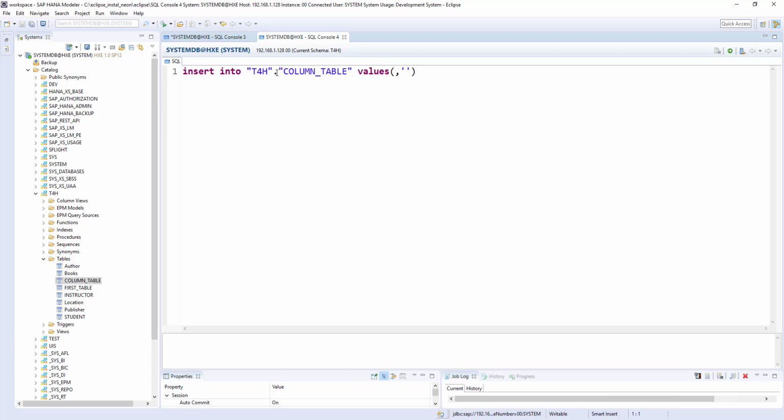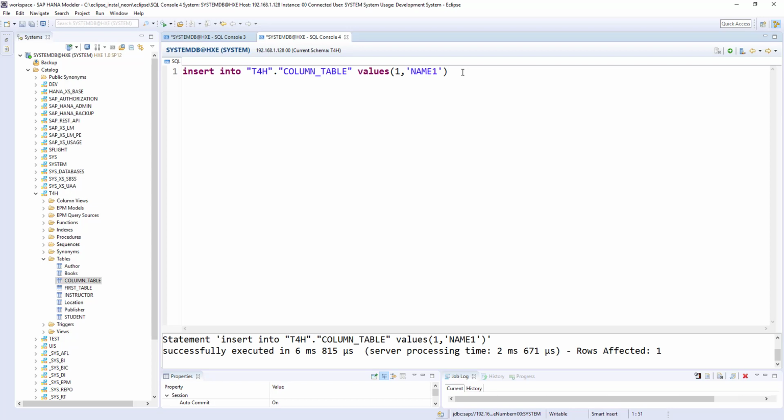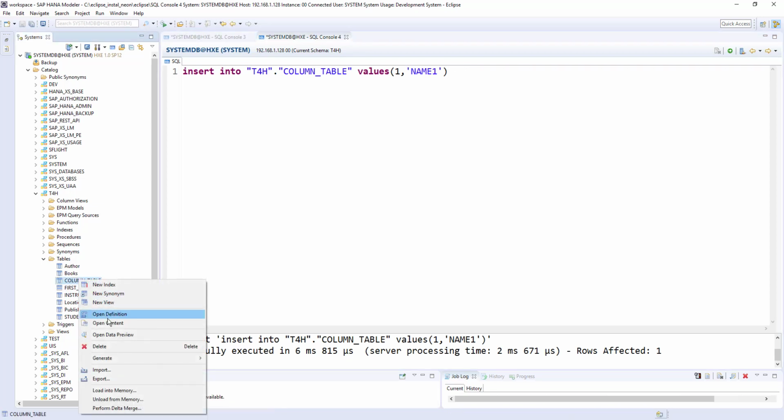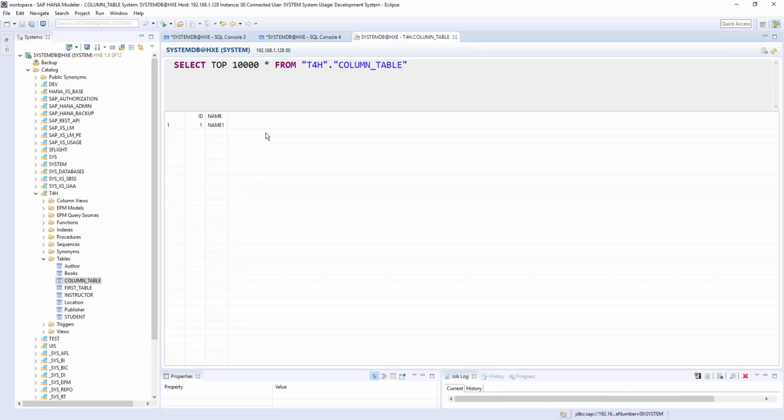So insert into T4H column table values. For numerical values, single quotes are not required. ID is an integer, so I am putting 1, and the second column is name, so I am giving name 1. Name 1 is a string value, so that's why it is in single quotes. Okay, let's run this statement. Perfect. So the record is inserted, and you can preview the data, open contents, and we have ID 1, name 1.